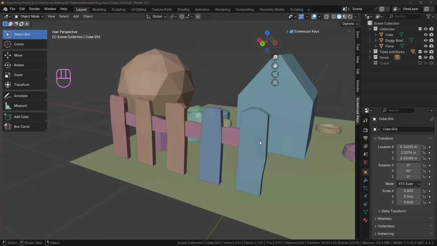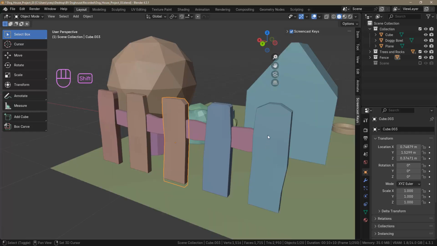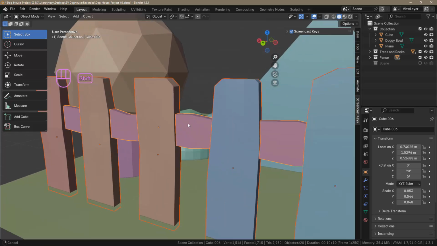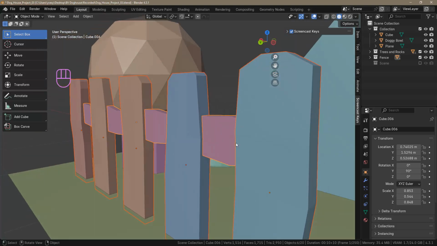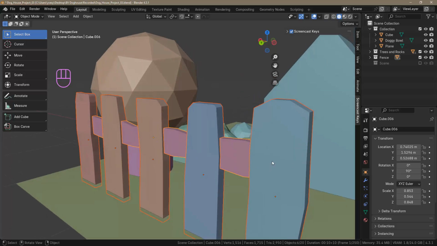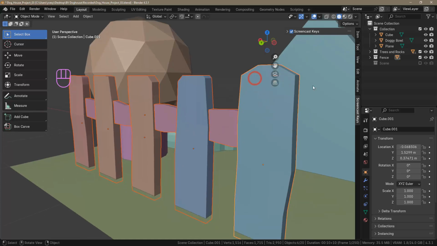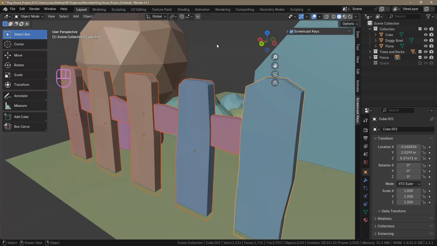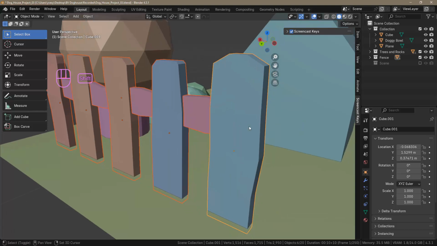Next up, what we can do is combine all of these smaller objects into one large object. So to do that, let's go ahead and shift select these fence posts and picking the rail last. Now, one thing to note, since I picked the rail as the last object, it is outlined in yellow, meaning that is the active object. So when I combine these, they will all combine into the active object. If I shift selected this fence post on the right as the last one, and it's outlined in yellow, everything here will combine into this object, and it will